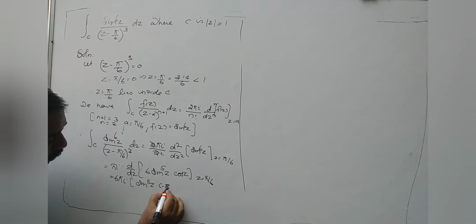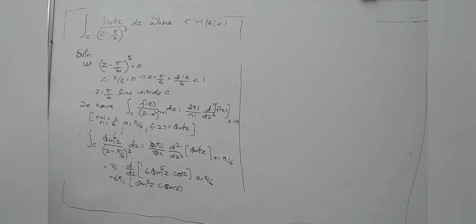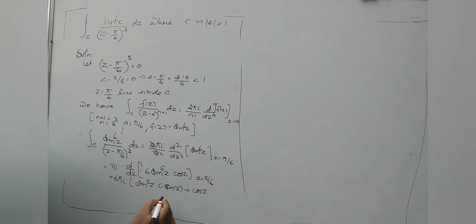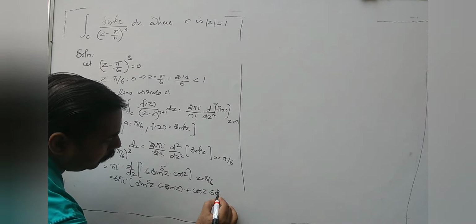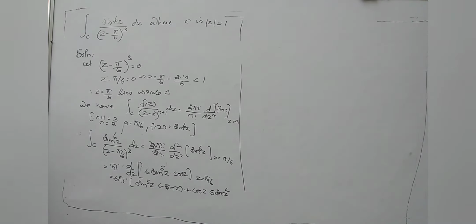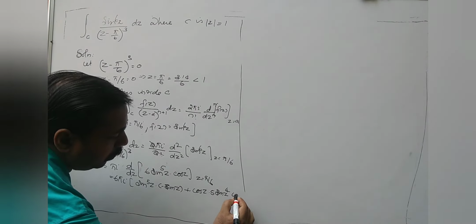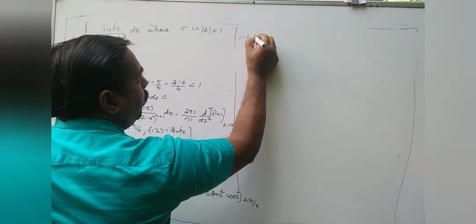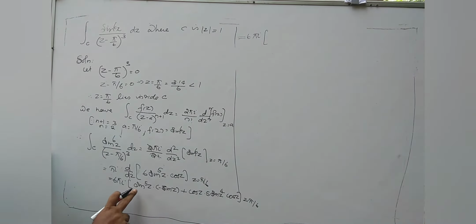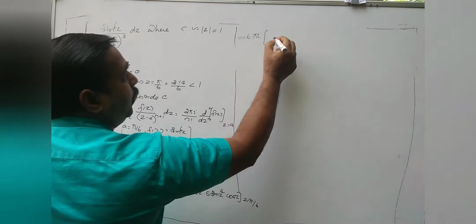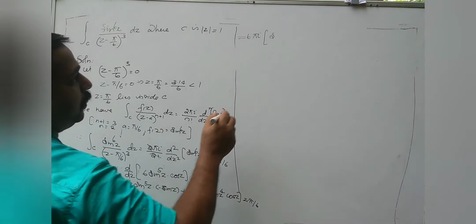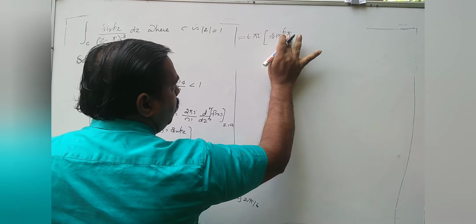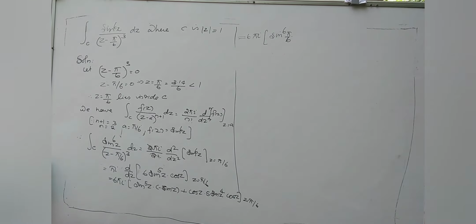First function into cos z minus sin z, plus second function into, once again power formula, 5 into sin z raised to 4, n x raised to n minus 1, then sin z cos z, comma z is equal to pi by 6, pi i. Sin raised to 5, or here one sin, that is equal to sin raised to 6, pi by 6, not pi by 3, pi by 6.